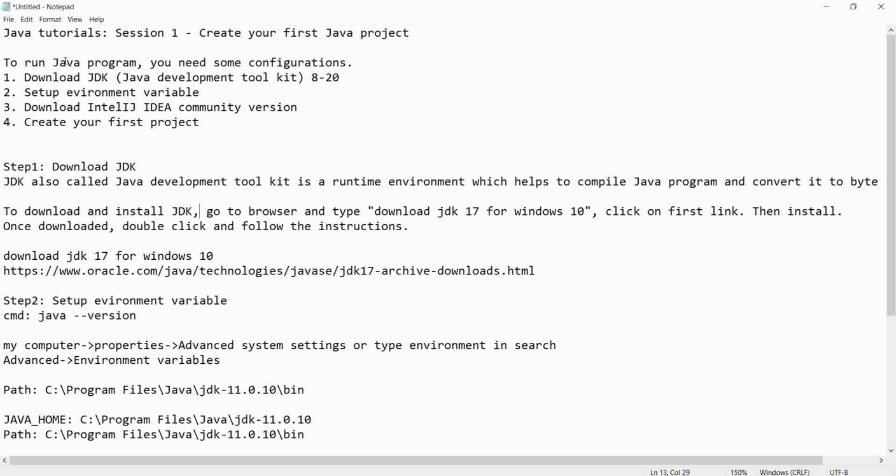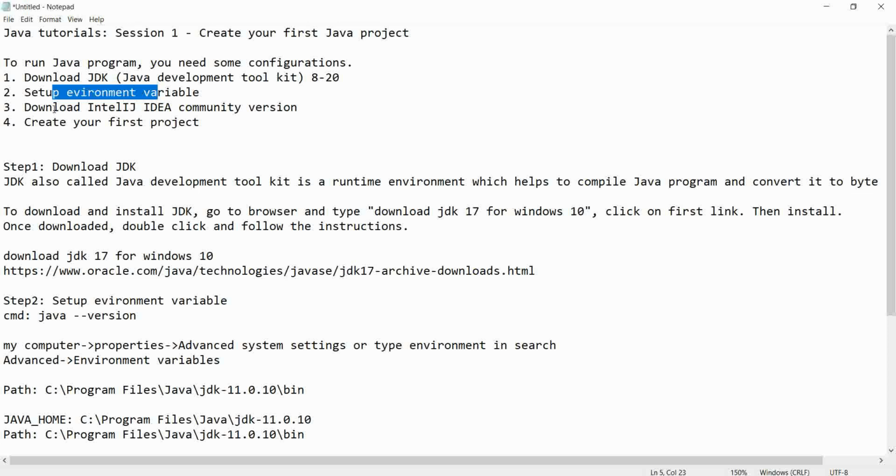So to run a Java project, you need some configurations. There are 4 steps. Step 1, download JDK. JDK is the Java toolkit which is required to run Java programs. You can download any version from Java 8 to Java 20. Next step, set up environment variables.